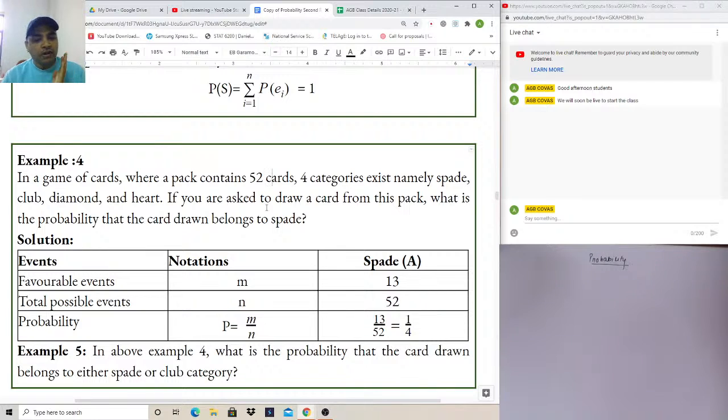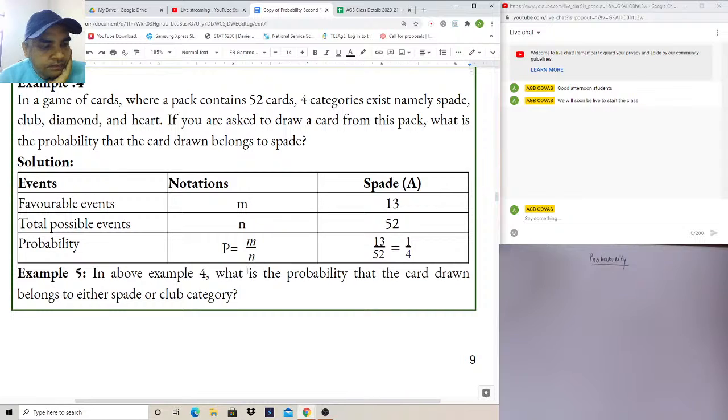Using the modern approach, the solution is, you make a table. You do these probability questions like this only, otherwise you will get entangled and you will not be able to find the real answer. So it is always better to make these tables in probability questions, so things become much easier. There will be events, the notations we will be using, and the probability of the favorable event.